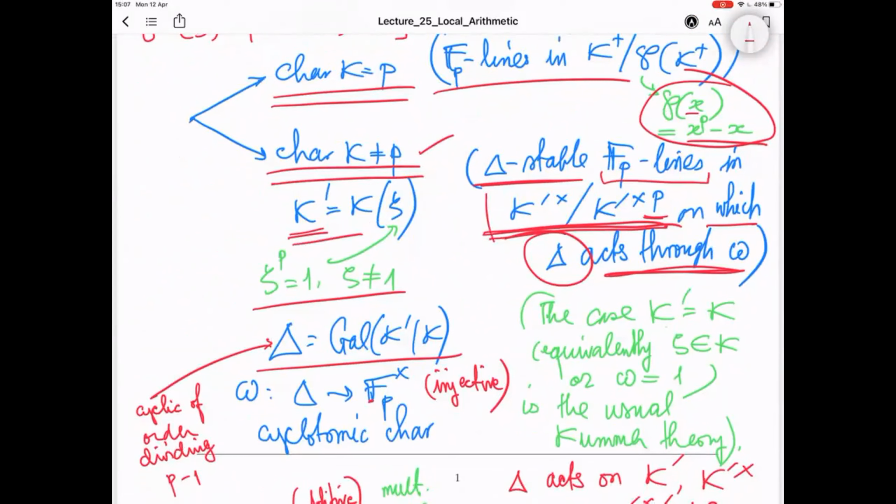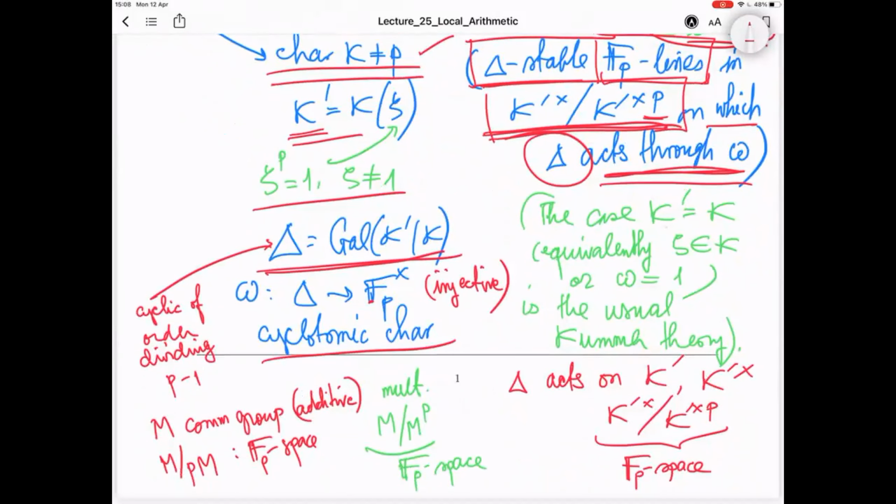And then you will look at K prime star modulo p-th powers, inside which you have to look at F_p lines, and only those which are delta stable, where delta is this Galois group, and not just delta stable, but the ones on which delta acts through omega, where omega is the cyclotomic character, and this gives the action of delta on the p-th roots of unity. So the omega gives the action